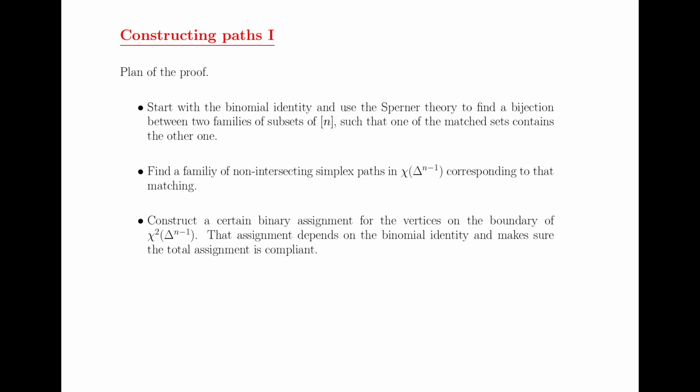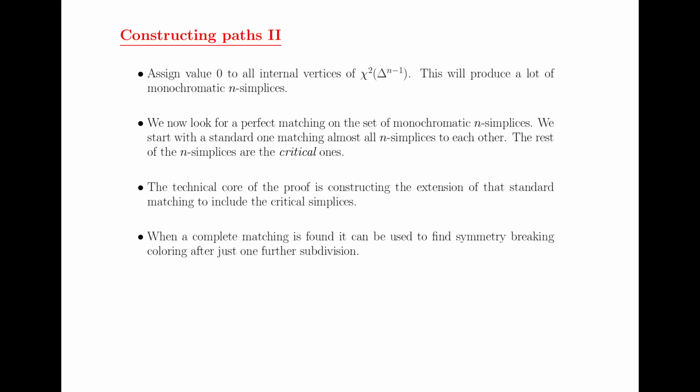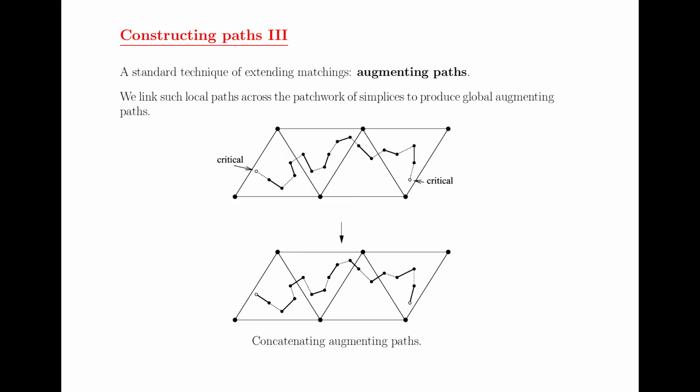Then you have to find certain families of simplex paths in the subdivisions using this matching. So it gets quite technical. There is a write-up which is about 50 pages of how this works, and unfortunately there is no improvement in how to get it simpler. But it's much simpler than what Castaneda writes, and it's also explicit because it does it for the third subdivision. Probably I shouldn't get into the technical details at this point.